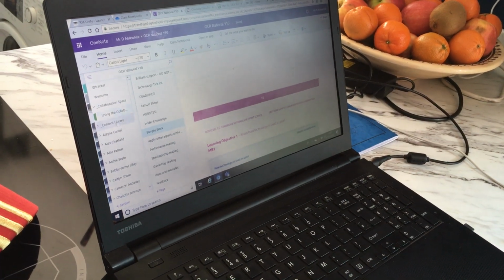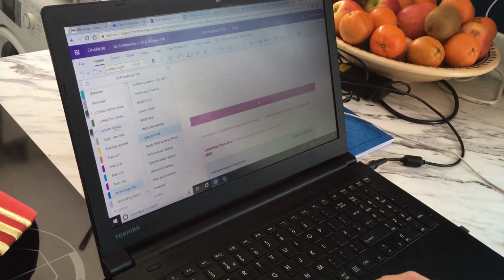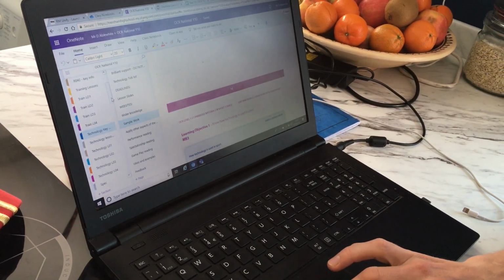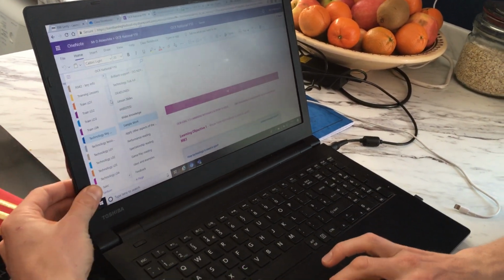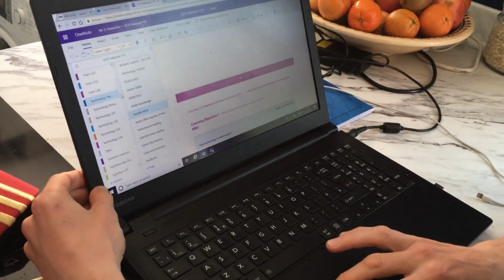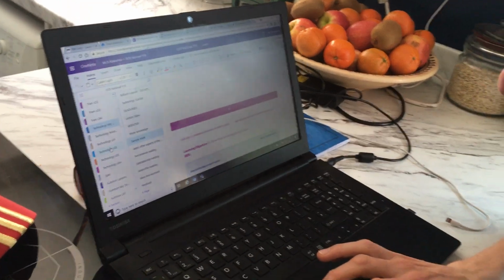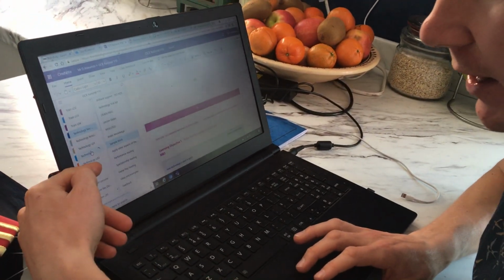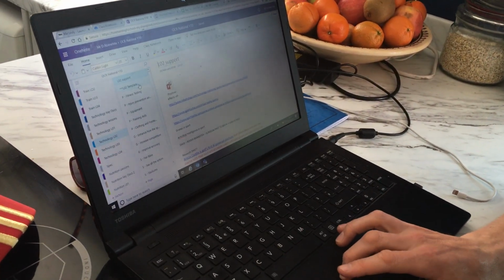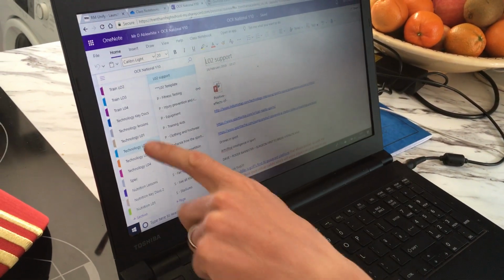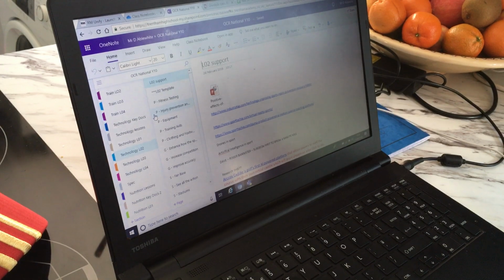So if I go into the content library here, this is where I put all of the stuff that you need. If you miss a lesson, I can put it in there, whatever it may be, about all the different Allos. Okay, so that's where you find your information. So if you're doing Technology Allo 2, which is an excellent one by the way, I've got loads of extra detail in here, there's loads of extra support on Technology Allo 2 as well as what I've put in your area. So you can get extra support by clicking on these things down there for all of the topics